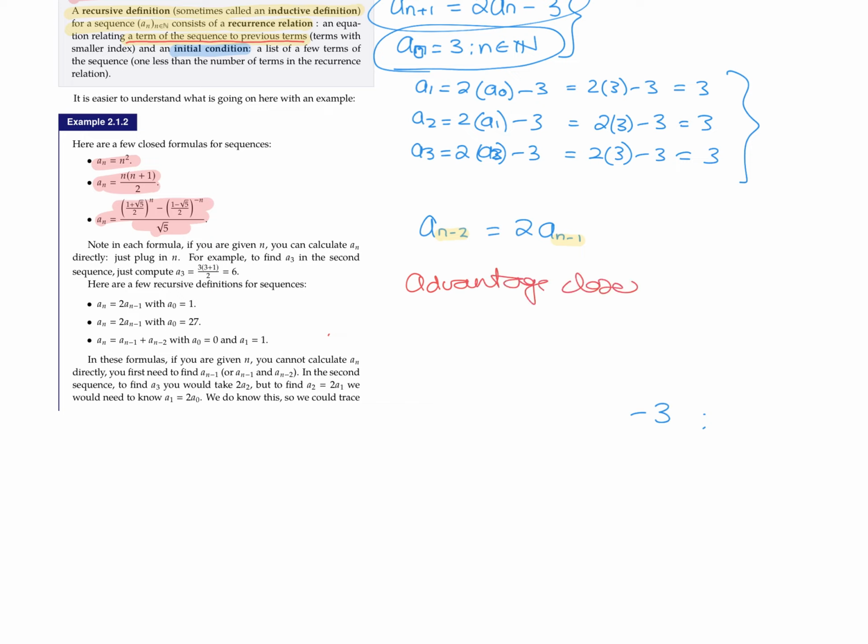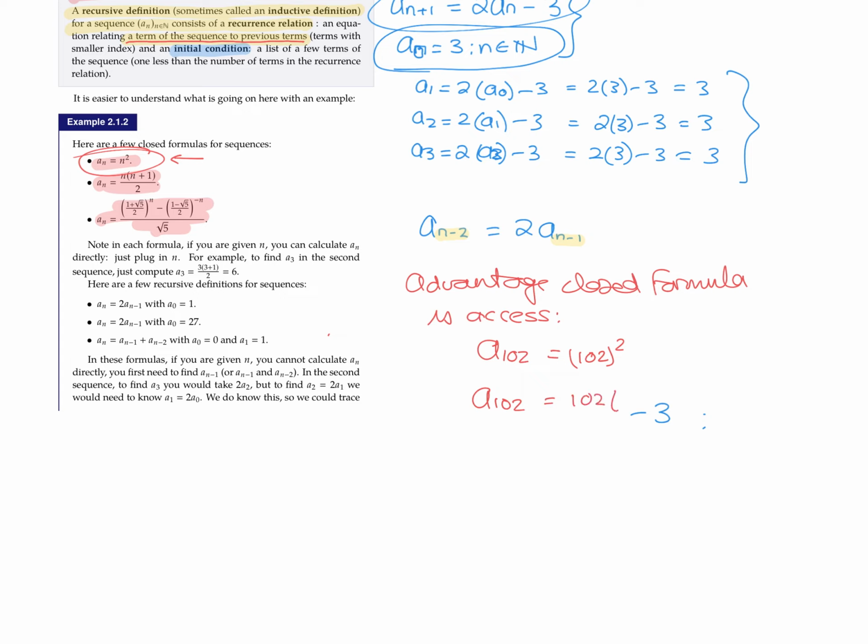I can get to term 102 if I have the closed formula. So that will be 102 squared, according to that rule. According to the next rule, A102 is equal to 102 times